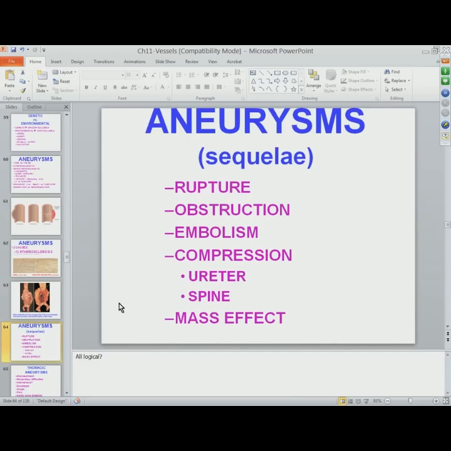Well, do I really have to show you this? If that wall is weakened and bulged, you know it can rupture. You know that with enough blood clot forming along its non-uniform wall and dissecting through the wall, you get an obstruction of that artery. You know that embolism can form, and of course that embolism will travel away from the heart, rather than a venous embolism which goes towards the heart. That embolism is also very likely to have little flecks of calcium on it because of part of the atherosclerotic plaque, whereas a venous embolism will probably not have calcium or cholesterol crystals. As a mass, not only does it compress things like a ureter, causing urinary obstruction,